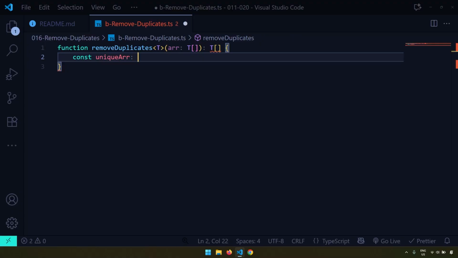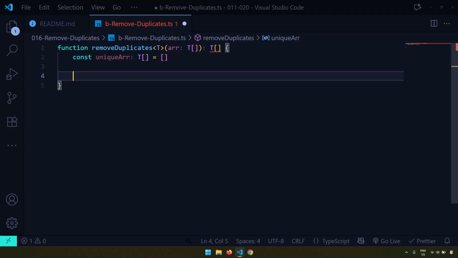And what is going to be the type of this? Well, it depends. It could have a type of number or it could have a type of string. But since our function is generic, we don't have to specify that. We're going to say, okay, the type of this is type T. So if T is number, it's going to be number throughout the life cycle of this function. But if it is a string, it's going to be string from the beginning of the function until the end of the function. All right. So I'm creating a new array right here that's called unique array, and it's going to hold all the items